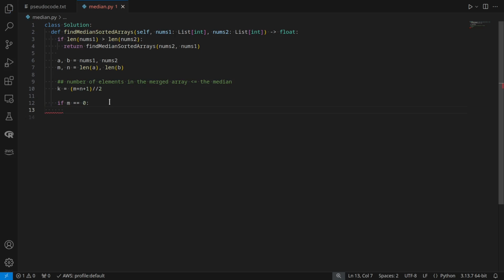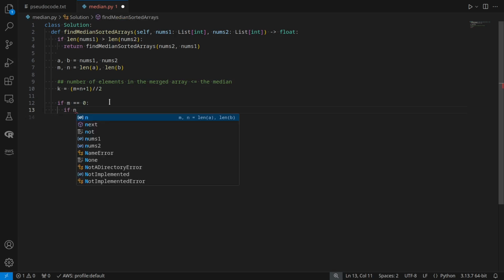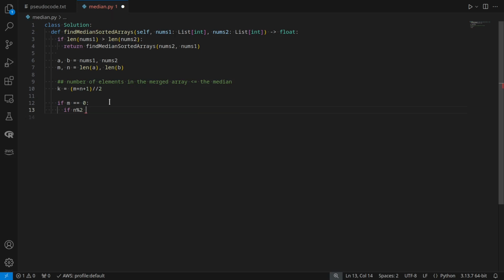Then I guess you'll have to do the odd even thing. If n % 2 equals 1, which means the length of B is an odd number, then